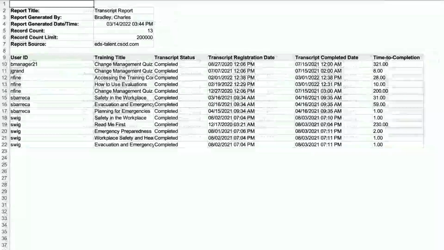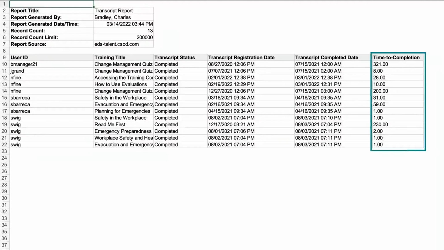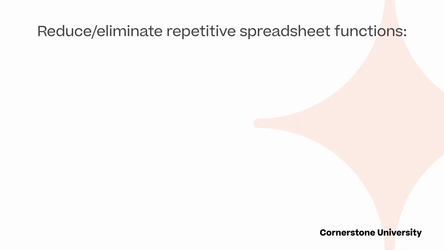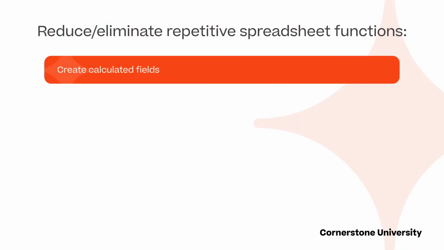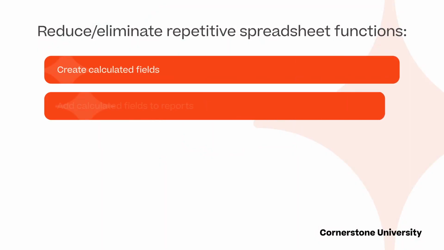By using calculated fields, you can reduce or eliminate the repetitive process of creating spreadsheet formulas. Calculated fields contain functions to formulate and view data within Cornerstone reports. Let's use the completion time scenario to learn more about creating calculated fields, adding them to reports, and making them